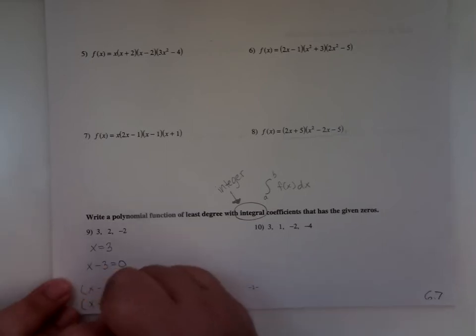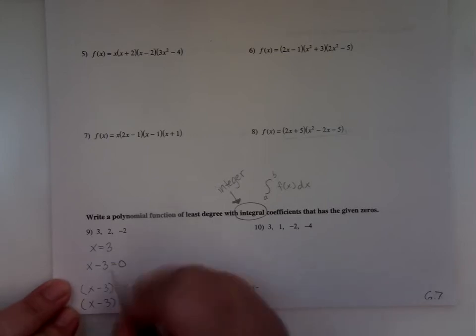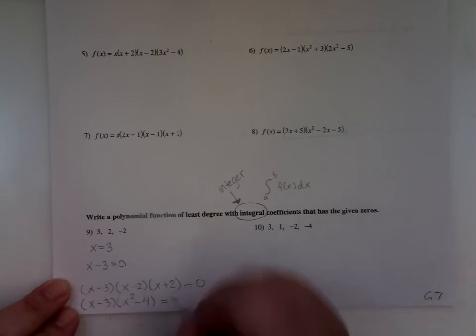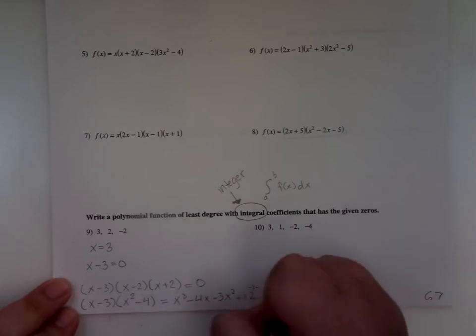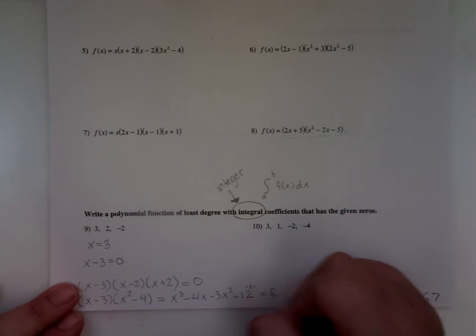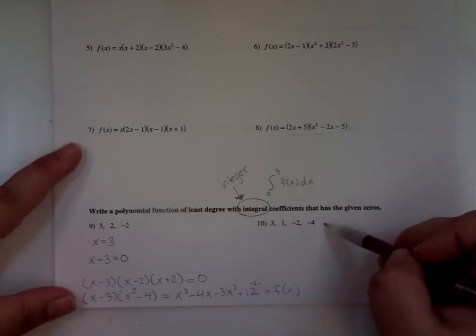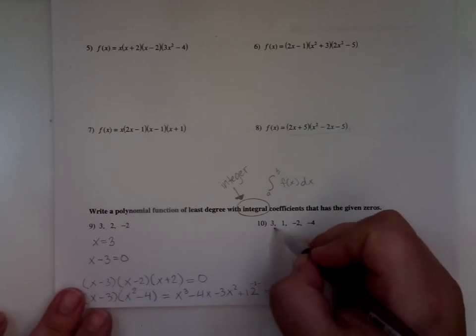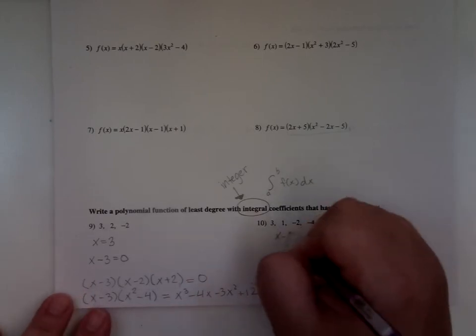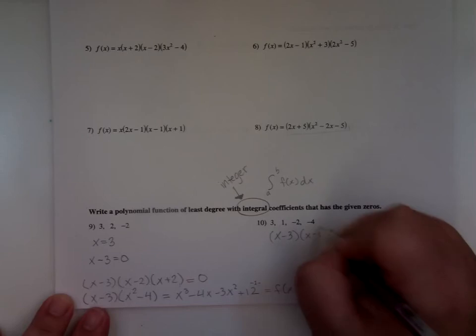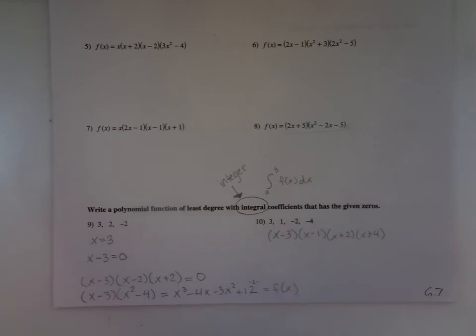So we've got x minus 3 times, this is a difference of squares, so this is going to be x squared minus 4, and then distribute that. We've got x to the third minus 4x minus 3x squared plus 12. Rearrange your terms in descending order if you want, and that's our f of x. Same thing here, right? If x equals 3 is a 0, then x minus 3 was the factor, x minus 1, x plus 2, and x plus 4. And again, you could multiply all of those out,